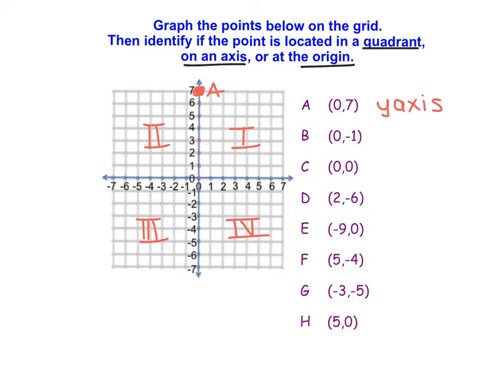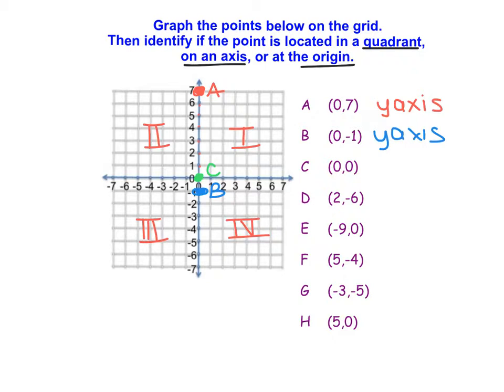X is 0, y is negative 1. So that's down there at point B. Point B, I notice I have the same dilemma. It's not really in a quadrant, but it's on the line. So that again is on the y-axis. Then I go to point C, which is at 0, 0, which I notice isn't in a quadrant because